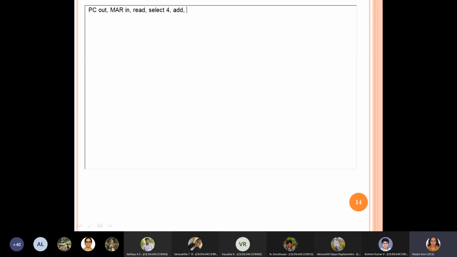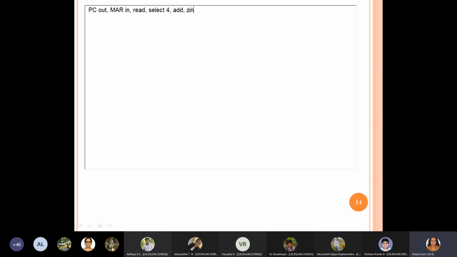After addition, where it should be loaded? Z, ma'am. Result. Yeah, after addition it will be loaded in Zin, right? And then from there it will be taken and loaded in 2 registers. It is loaded both in program counter as well as in the Y register. Okay, why do we do this is, later if it is going to be some jump or call instruction, in that case, you need the program counter value to be updated.